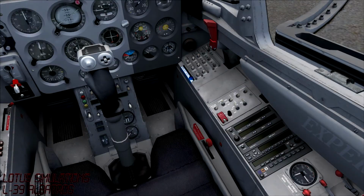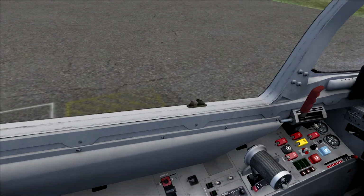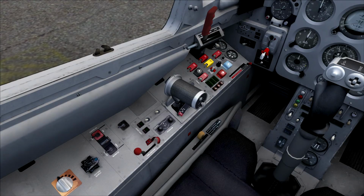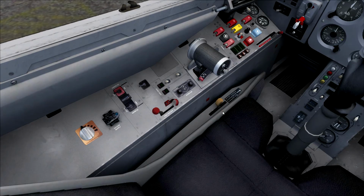First off, the cockpit looks really nice. The interior color is really nice. The gray they used isn't harsh on the eyes, and it actually looks pretty realistic. Some of the switches are non-functional in this cockpit, so within a reasonable amount of time I'm going to go through this here with you guys, but of course I can't get to everything, so let's start down here on the